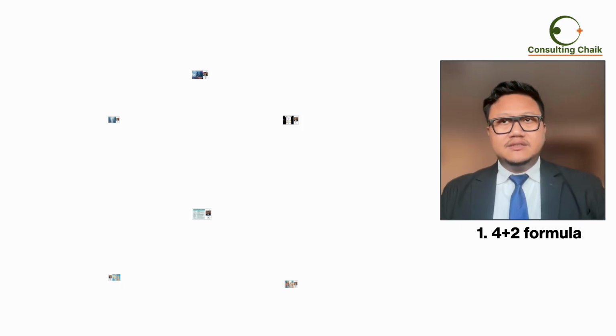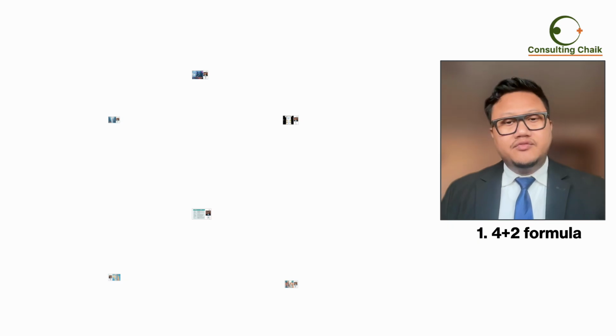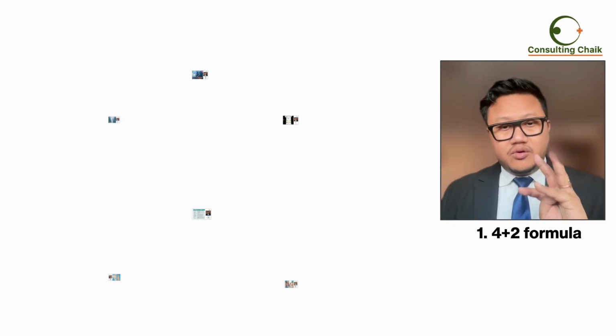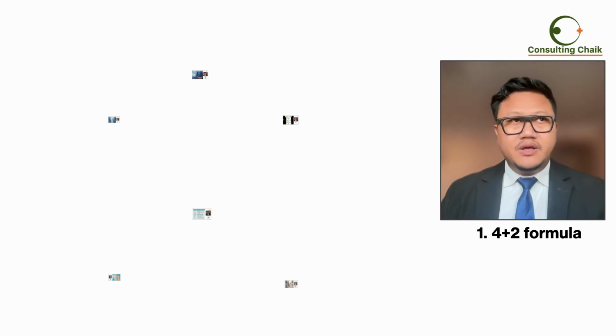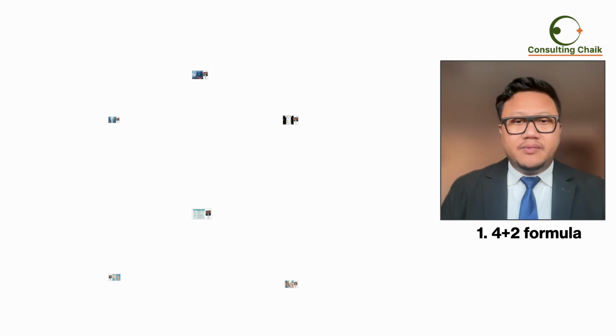So to understand this 4 plus 2 formula of hospital management, the four pillars of hospital management, and with the two things, your hospital will run like anything. It will run in automation, it will run freely. Okay, 4 pillars. Without these pillars, you cannot do anything. If any of these 4 are compromised, then your hospital will suffer.